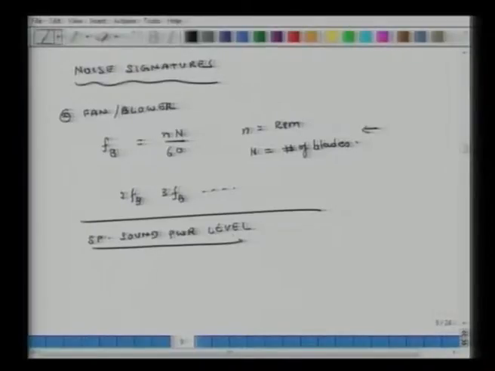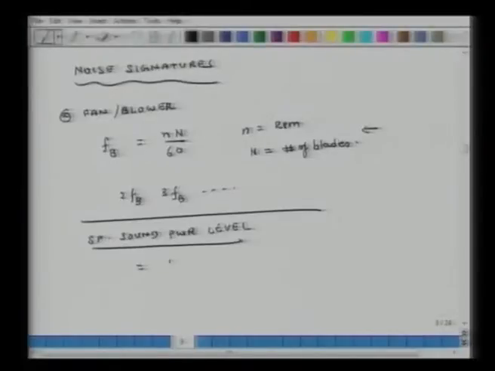This parameter helps me compare the noise characteristics of one fan with respect to another fan in a normalized way. Essentially it is defined as SPL, P standing for not pressure but power, the sound power level by a fan when it delivers 1 cubic meter of air every second